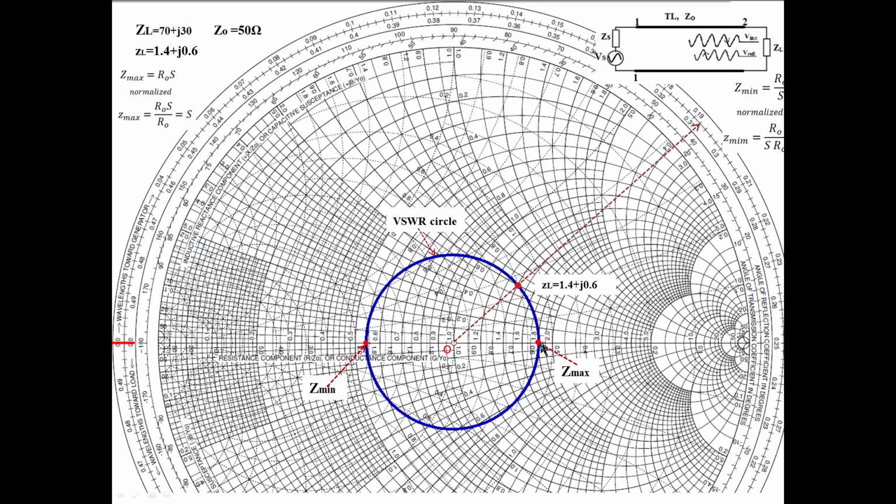Normalized impedance we are getting is 1.8. To get the actual value, multiply this 1.8 by 50. Okay, so that is the maximum we can find. Whenever we move like this, what is the maximum value of impedance? Z maximum on the Smith chart.